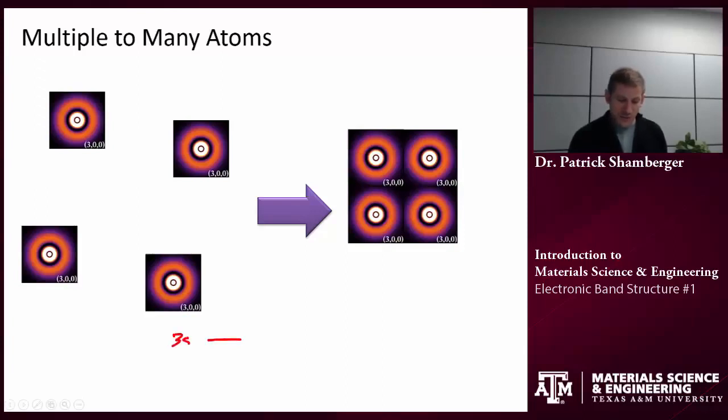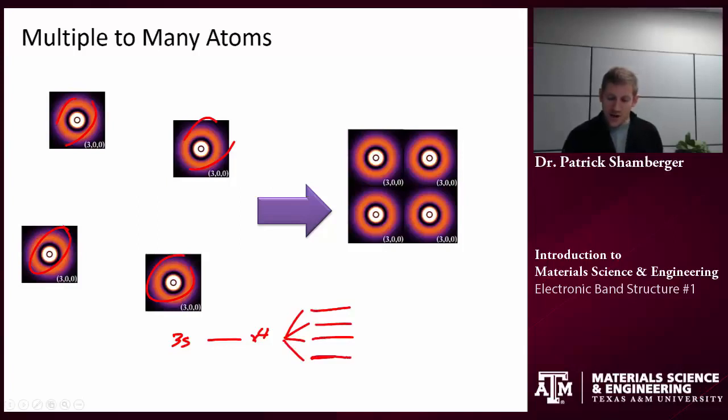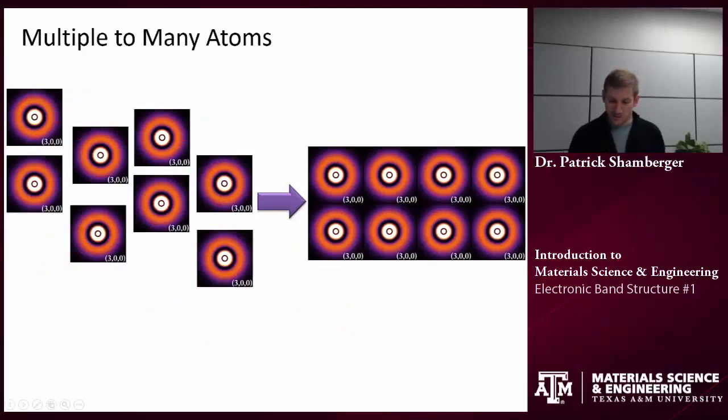Again, we start off with 3s orbitals, and we have 4 of them because we're combining 4 different atoms. When I bring those atoms together, when they start to interact, again, I'm going to have energy level splitting. And so now I can have 4 potential orbitals that electrons can fill. If I have even more